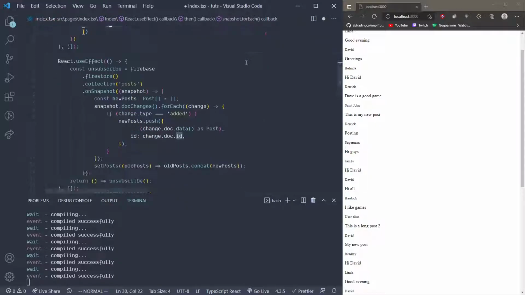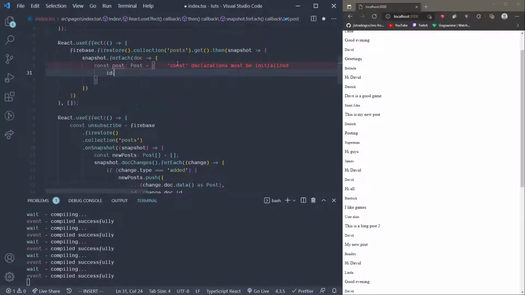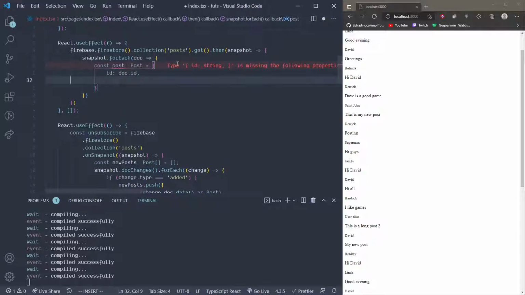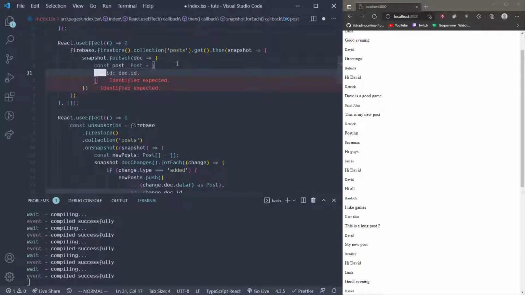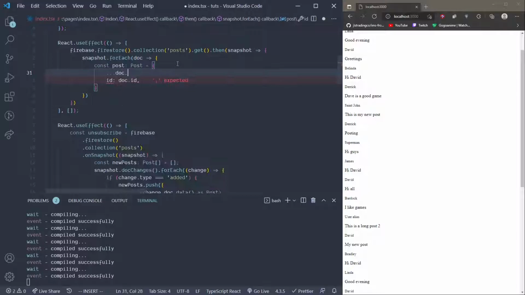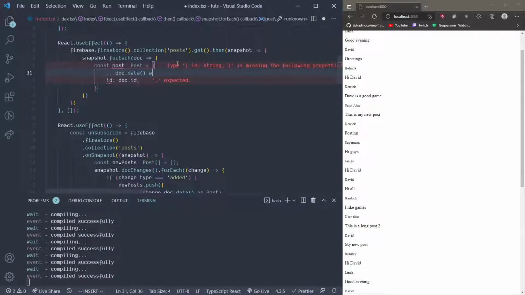I'm simply going to create a post. The type of post is definitely post. So we create an object. We have an ID of doc.id, then the rest of the data. We don't want to override the data, so doc.data() as any,